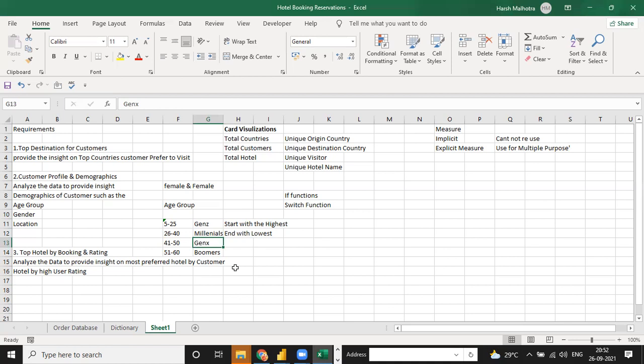Because there are situations in the data where you need to calculate the values in between two different numbers. If you can show us how we would calculate that, it will be easier to understand.